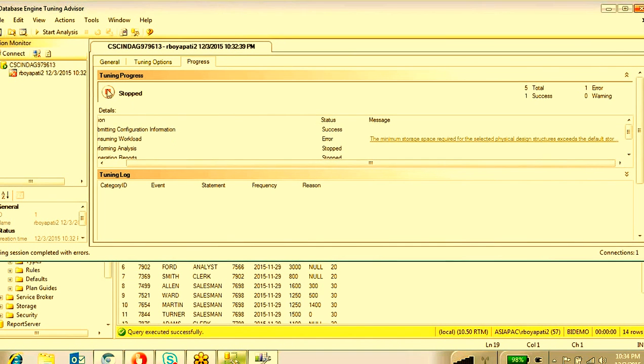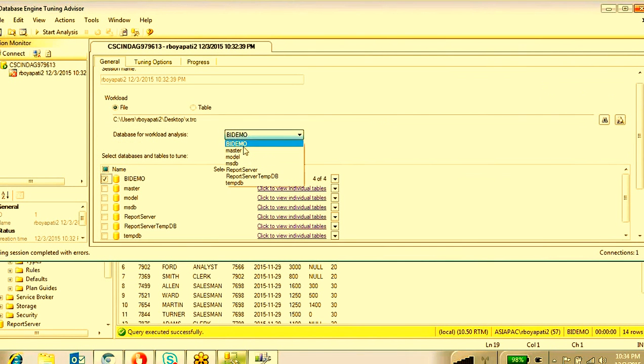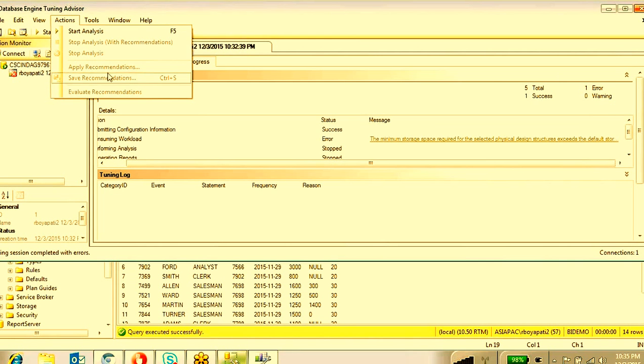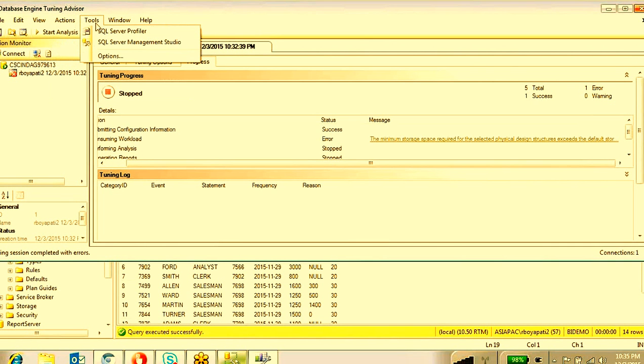So right now it doesn't require any indexes. Once you really require indexes, in the last tab you will get an index structure. Then you just copy that index structure, or you can go to actions.